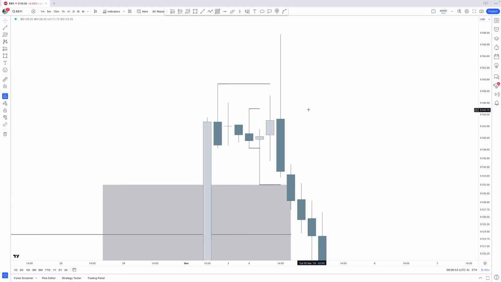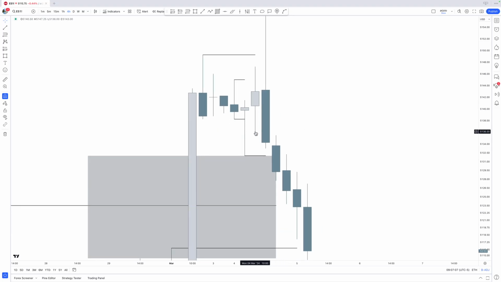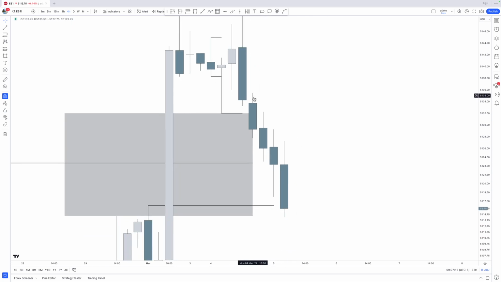But after that, we see again that we now reach for that swing high right there. Again, a huge wick. As a general rule of thumb, a huge wick is a respect. It's respecting a PD ray in that sense. Then afterwards, we see that we do not respect the previous candle low right there. So then again, the delivery towards that daily fair value gap is quite clear. After that, we continue lower,